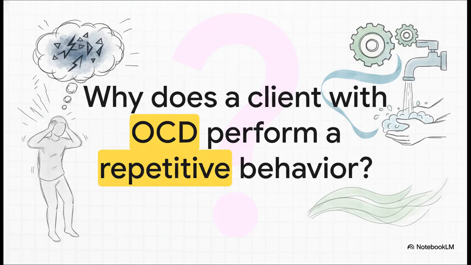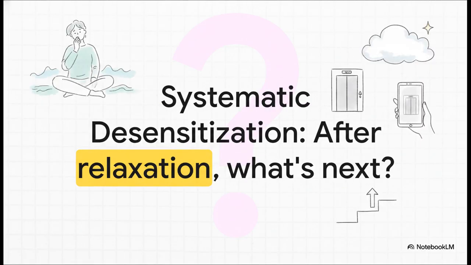What's the core concept of OCD? Remember, it's that two-part cycle. There's the O, the obsession, an intrusive thought that causes distress. And then there's the C, the compulsion, a repetitive behavior the person performs to try and relieve that distress. So what's the underlying reason for the behavior? It's an attempt to reduce anxiety. The answer is C.